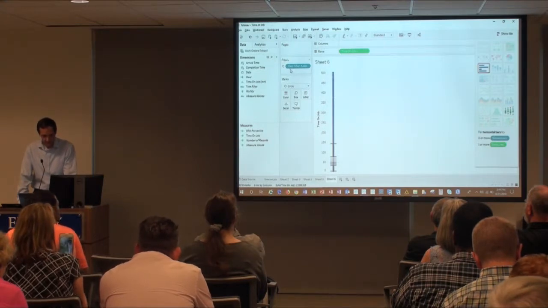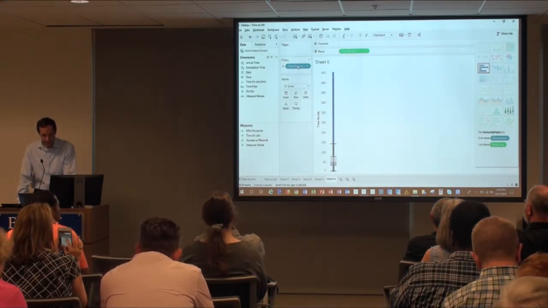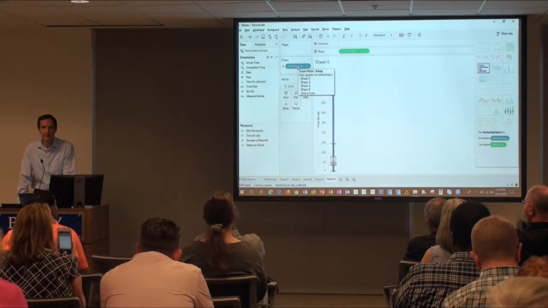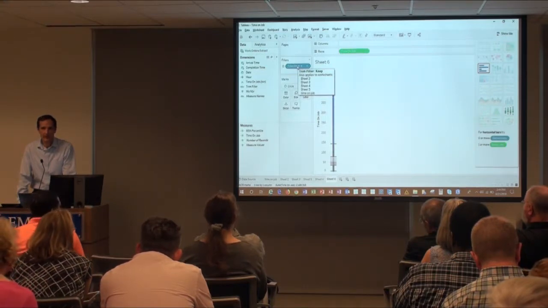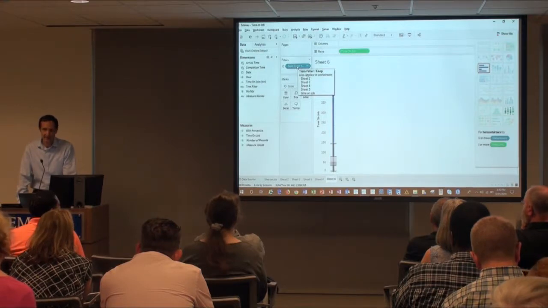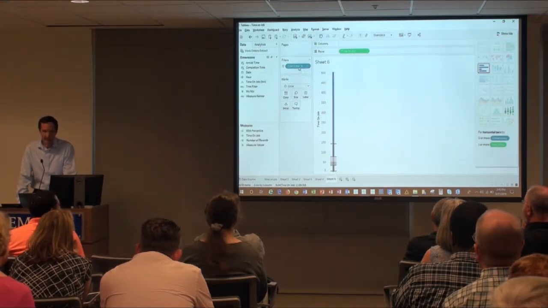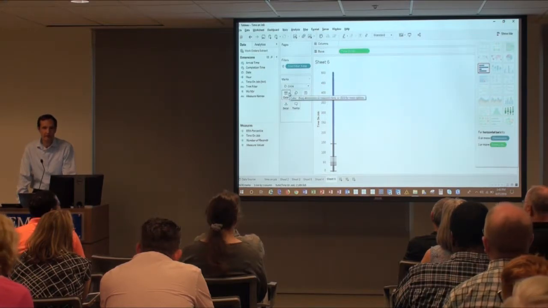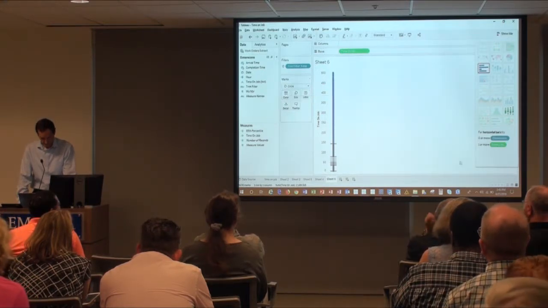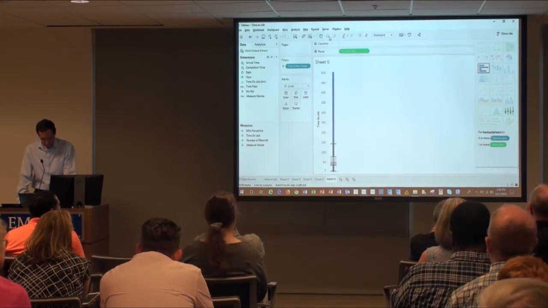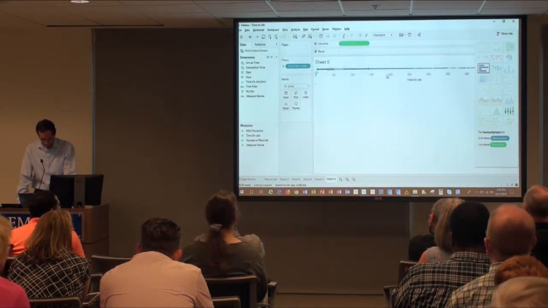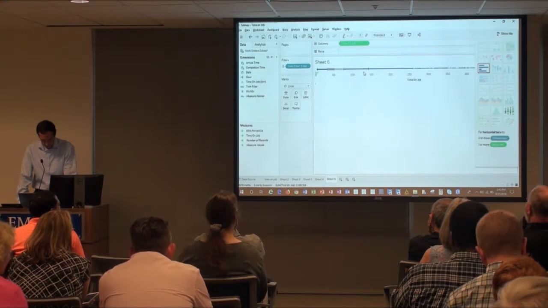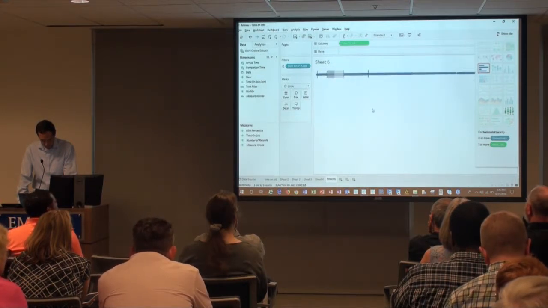Just to remind everyone, earlier on I said that I wanted this filter to apply to anything using this data source. I kind of forgot about that. So it's a good thing that I put it on there, because now it automatically came in. My box plot's already filtered to the same parameters that I had built out before. I happen to like my box plot on the side too, so I'm going to do it that way and expand it. There's our box plot.